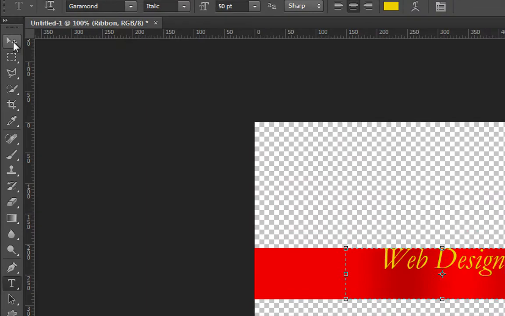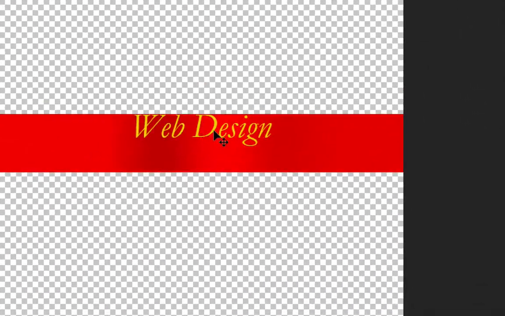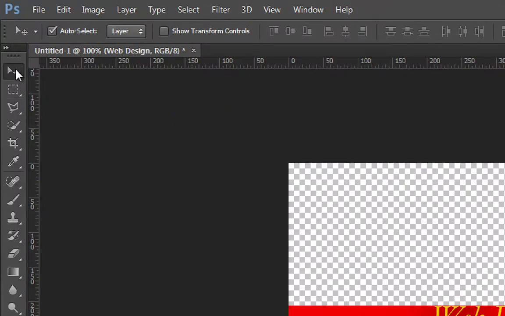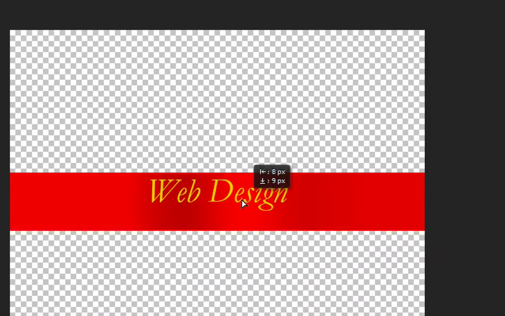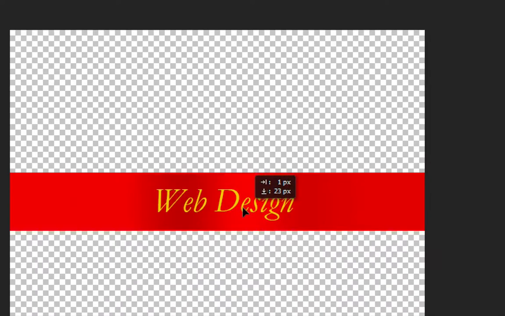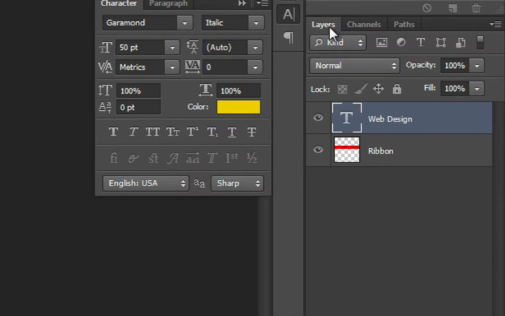I can choose this up here, and that'll set my web design text. If I have this tool, the move tool, by the way, it allows me to reposition that text right there in the middle. But it doesn't look very 3D. So what we're going to do is add an effect to this too. Now you see over in layers, there's a ribbon layer,